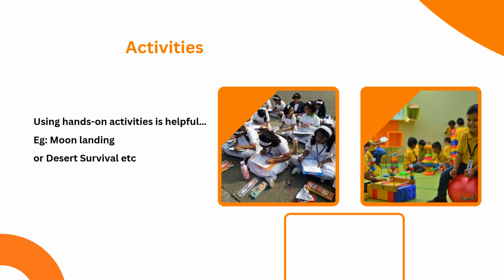Some useful activities are moon landing and desert survival, two similar activities where a group of participants work on a situation of being stranded in a desert or on the moon, from which they will prioritize the objects which they will use for moving to the mothership or the destination. NASA has given its own set of objects. Group dynamics can be gauged in these exercises.